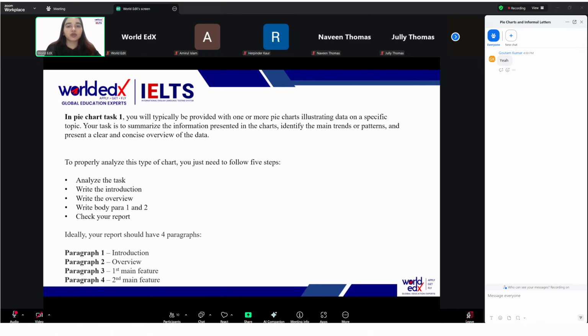Now, as I already told you, in the introduction you do not need to include any other information, just include the paraphrasing. So here is a sample of the question that you might get. See, this is a pie chart only, but you don't have just one pie chart, you have a comparison of 2. So always see what is there in the graph. So it has already been told to you that this is a comparison of 2 things, and these are 2 years that have been compared, 1980 to 1990. This means that it is a gap of a decade, and there are 1, 2, 3, 4, 5 elements that